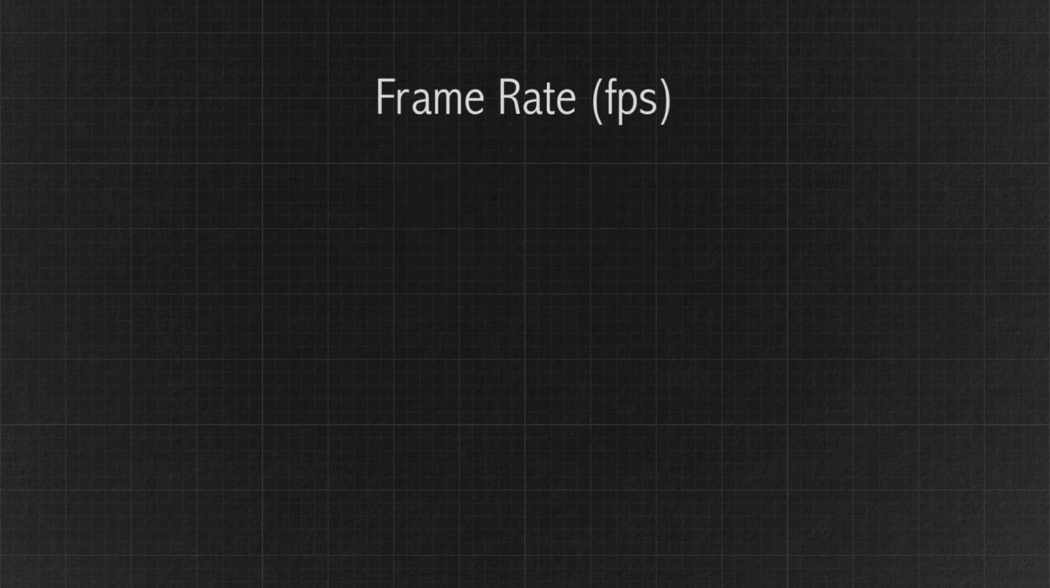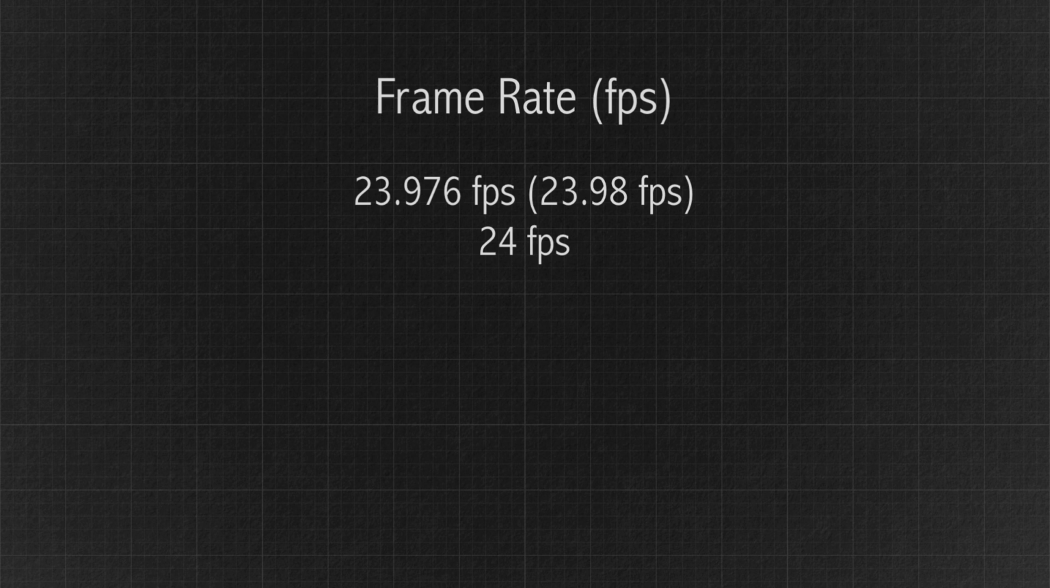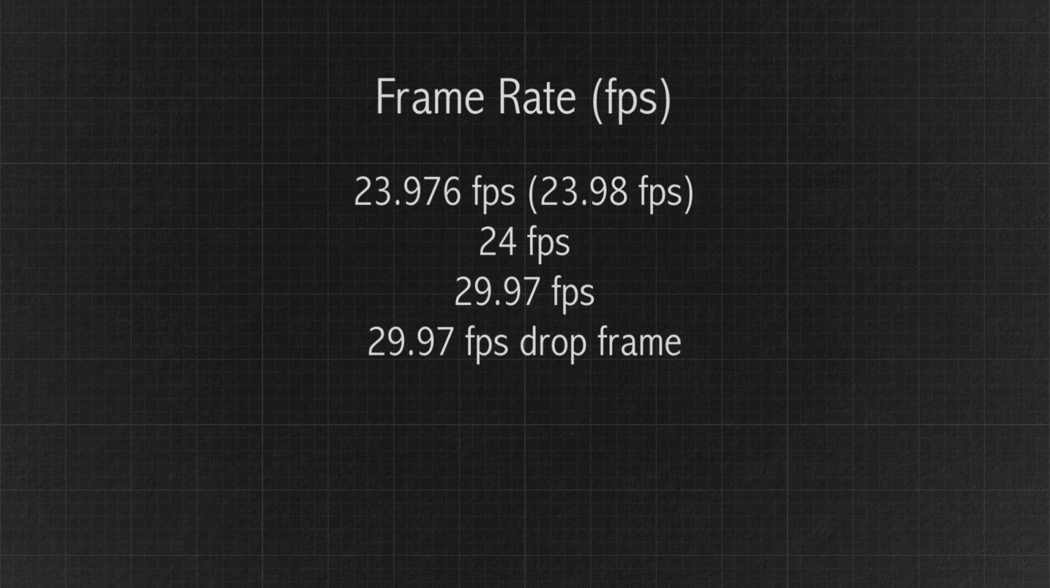The most common frame rates, or speeds, you'll see as a composer for audiovisual media are 23.976 frames per second, which your DAW may round up and display as 23.98 frames per second, 24 frames per second, 29.97 frames per second, 29.97 frames per second drop frame, again we'll get to that in a minute, and 30 frames per second. And if you work with video coming from Europe and a few other countries, you'll also see 25 frames per